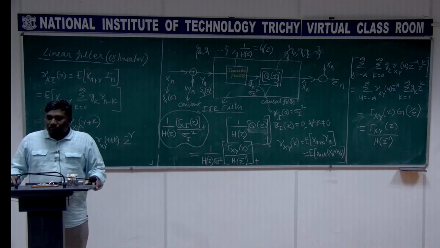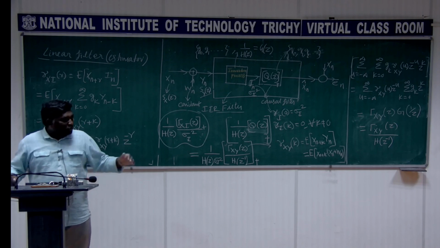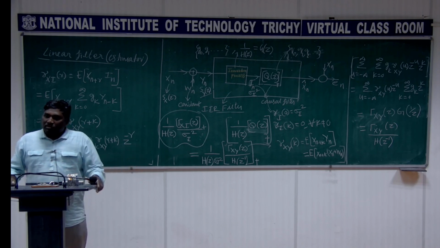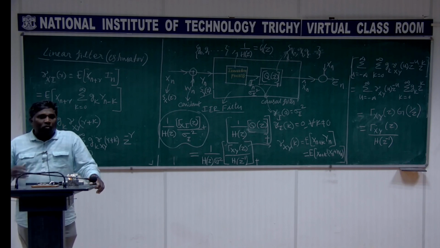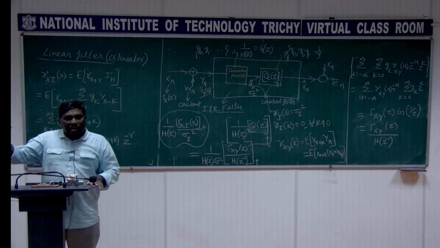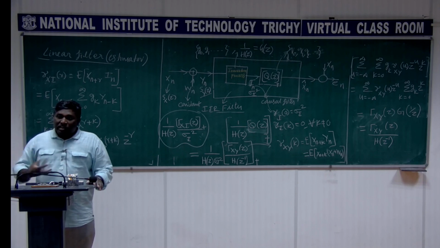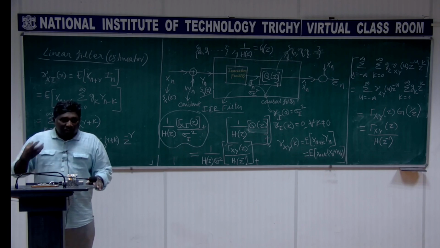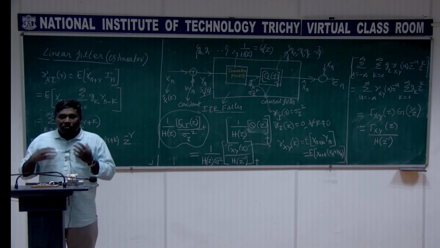We can design this filter. This is a very popular filter, what we call the Wiener filter. Right? This is a starting point for any other adaptive filters. This is the statistical way in which we get these filter coefficients. It's not like a classical filter design, like low pass or band pass. It is designed statistically. We know the characteristics of the signal as well as the noise only in terms of statistical information.